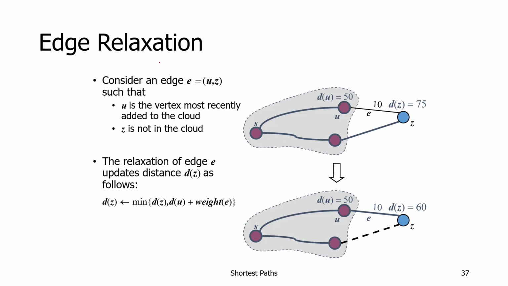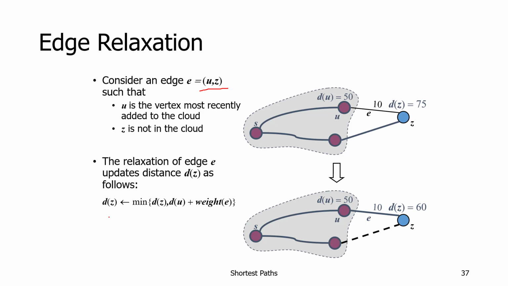If we are considering this particular edge uz having distance 10, then whenever we have to consider such a new edge, u is the vertex most recently added to the cloud, and z should not be in the cloud. Then only can we consider adding this vertex to the cloud, and the relaxation of edge e